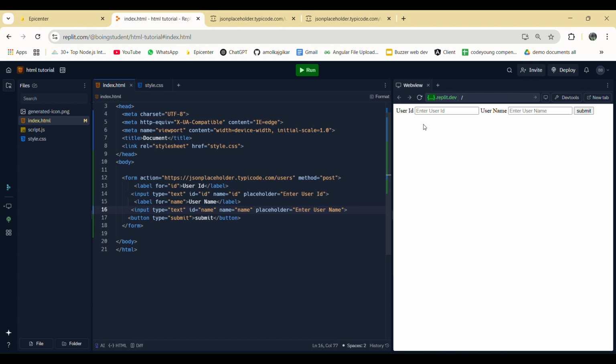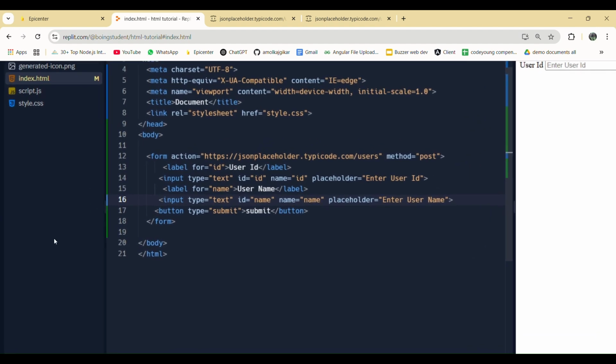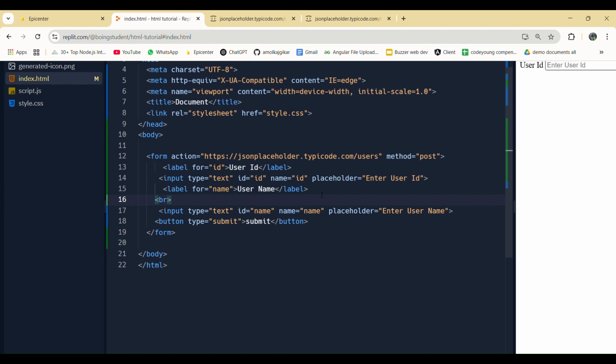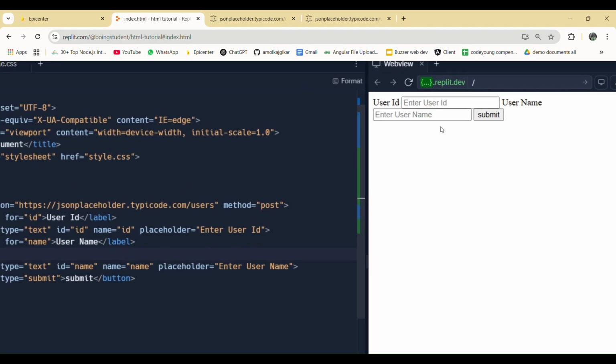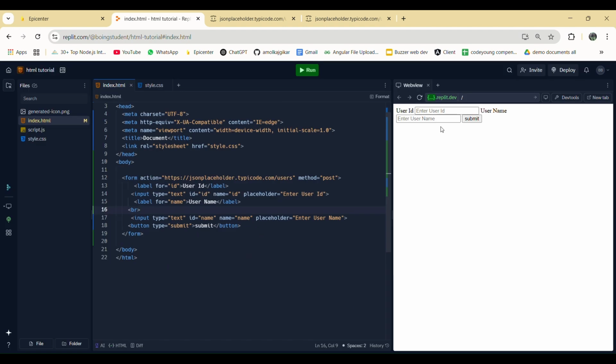To put them on different lines, because all of these labels and inputs are inline tags, which means they will share the same space, the same line if the space is available, I'm going to use a BR tag over here. Not a very great idea. We should use CSS to fix this, but for now let's work with it. User ID and username.